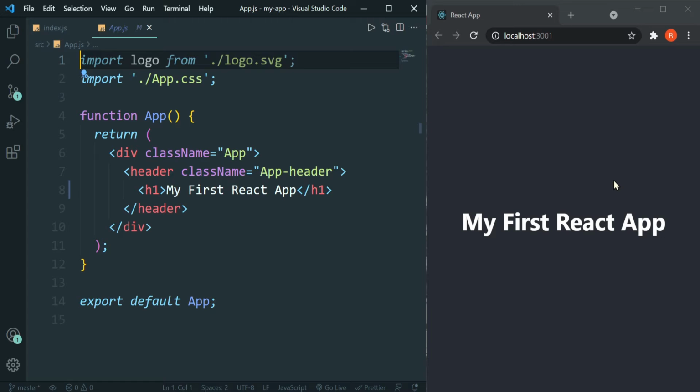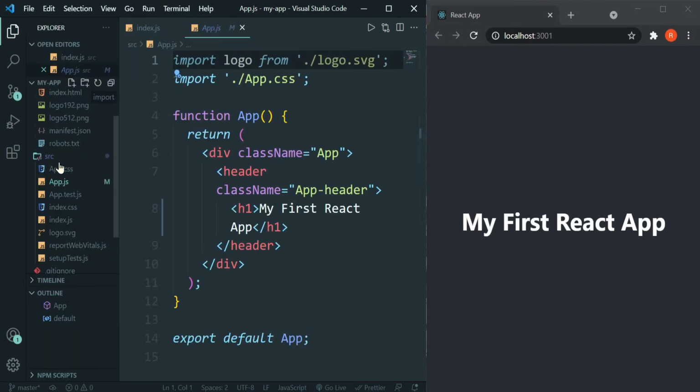In our last video we saw how we can set up our React app, and in this video we are going to start our React app from scratch, and we are going to install some extensions in our Visual Studio Code so that it can help us create our React app faster. So first we will be clearing everything which is already present in our src folder.